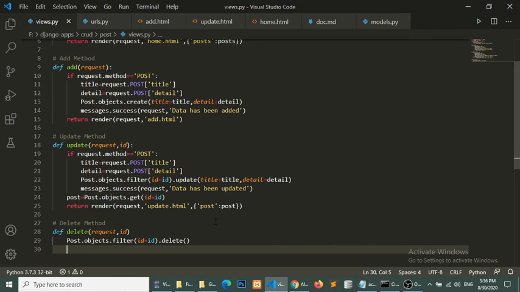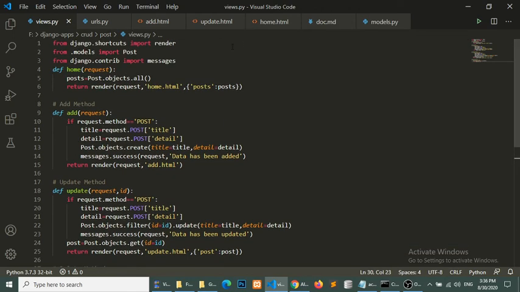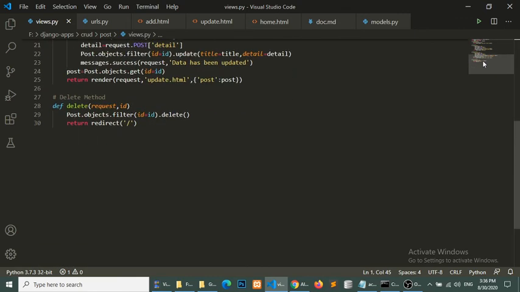And now I will return redirect, return redirect to the home page. So I will import the redirect method here so that we can easily redirect to the home page. So now I have created the method for delete, we have created the URL for delete.